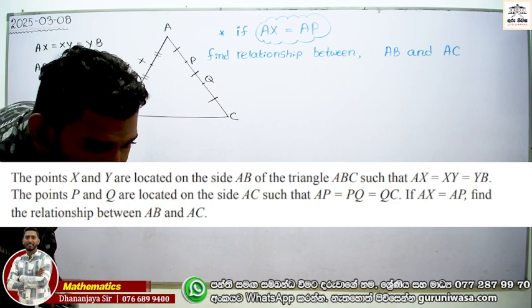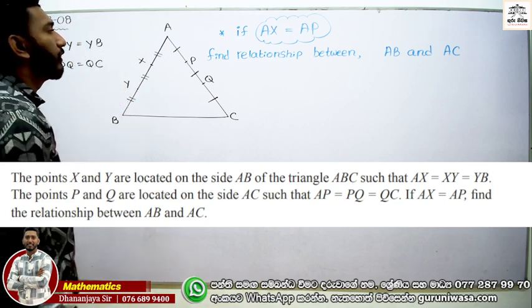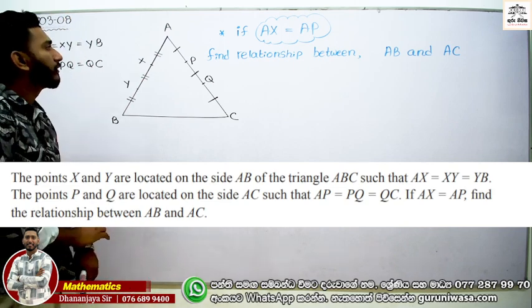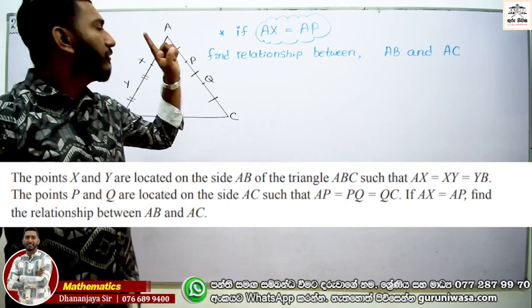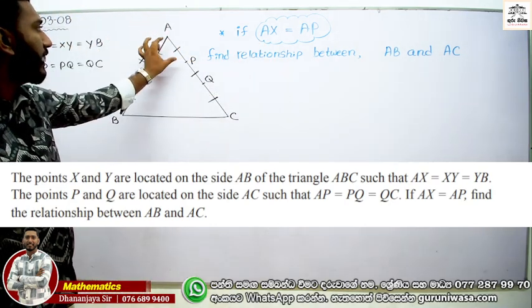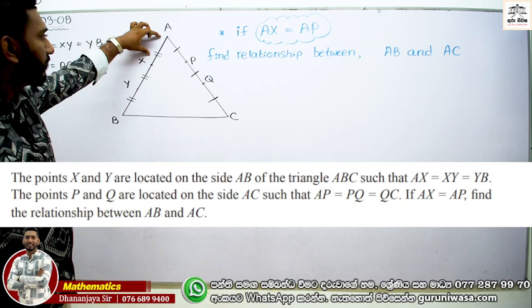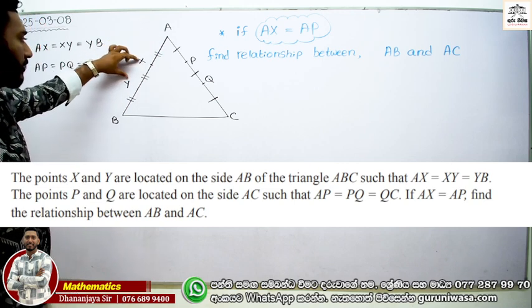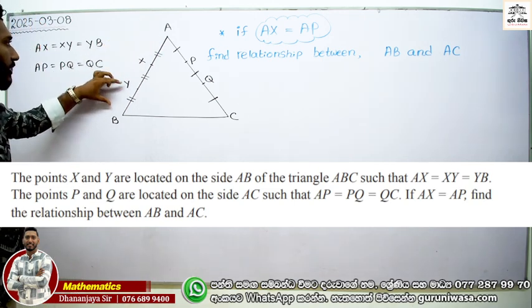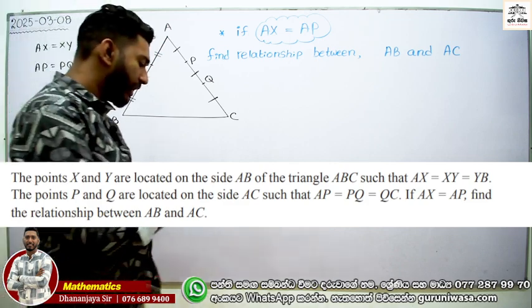Right. Now listen. Now look at that. If AX equals AP, AX is equal to AP. Now look at that: AX, XY, and YB. These three things are equal. Therefore, we can write